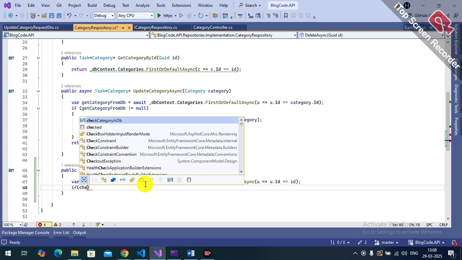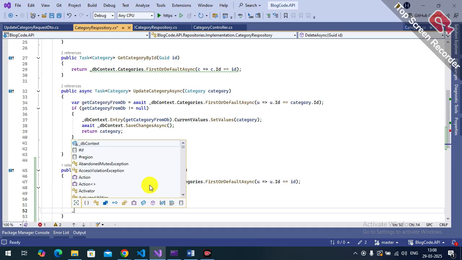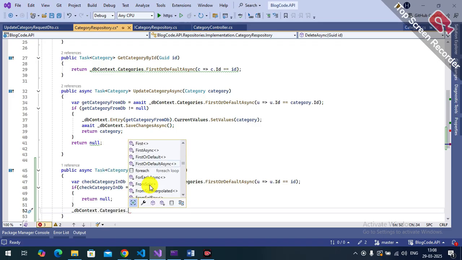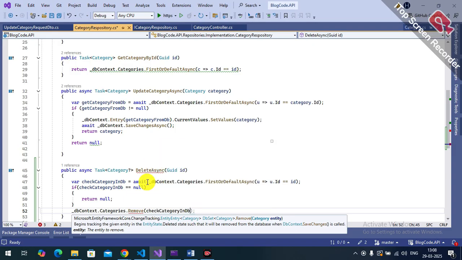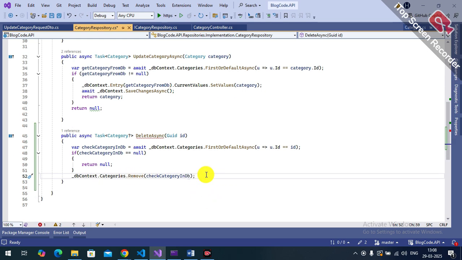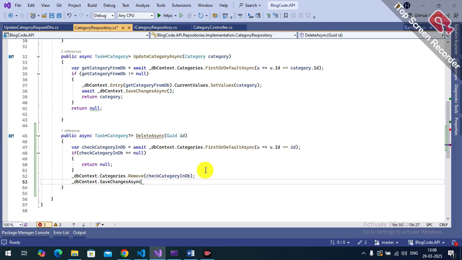and then here we can check if check category from db is equal to null, then return null. Okay, and if not, then what will happen? db dot categories dot remove, and what we want to remove? The checked, right? Any doubt here, this line? And then what we will do? We will do db dot context dot save changes, right? So that changes will be effect,